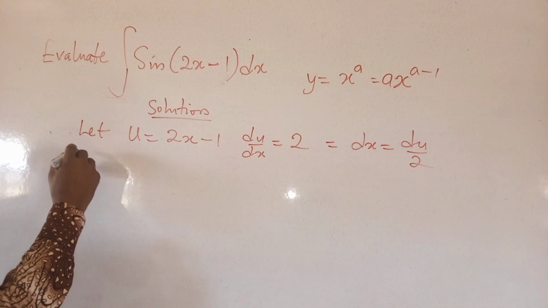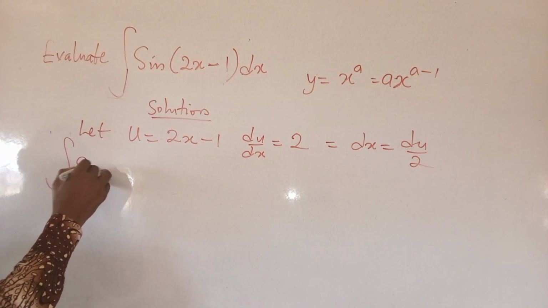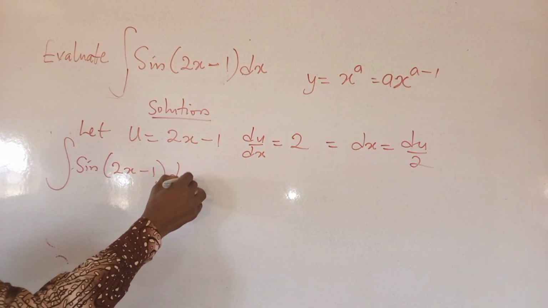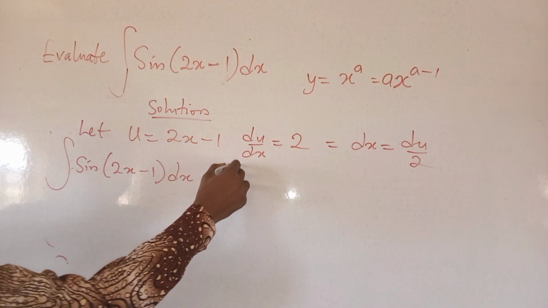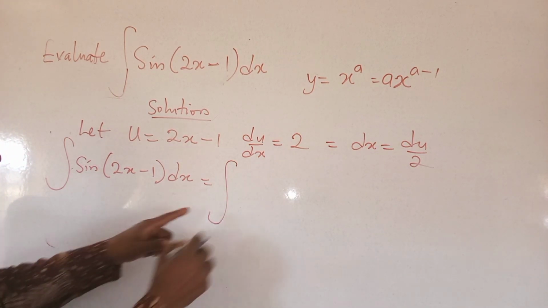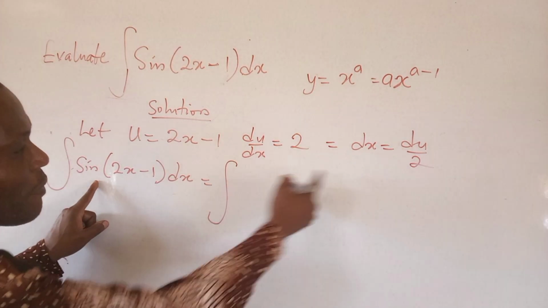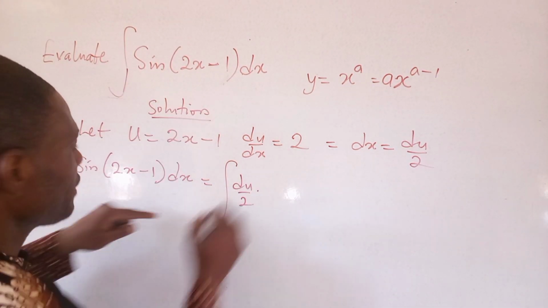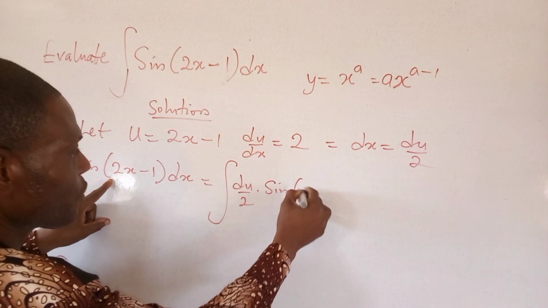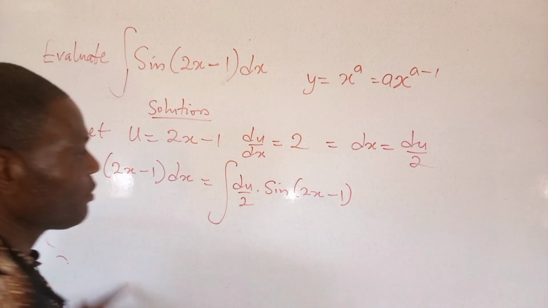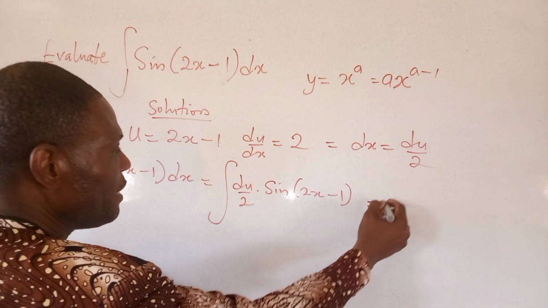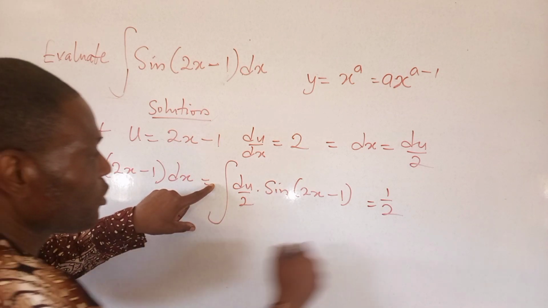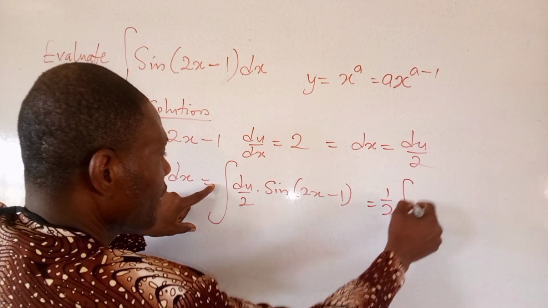So we now have the integral of sine 2x minus 1 dx. We're going to have the integral of, in place of the dx there, du over 2 times sine 2x minus 1. So here is going to give me 1 over 2. I'm taking this one outside the integral. I'm going to have the integral